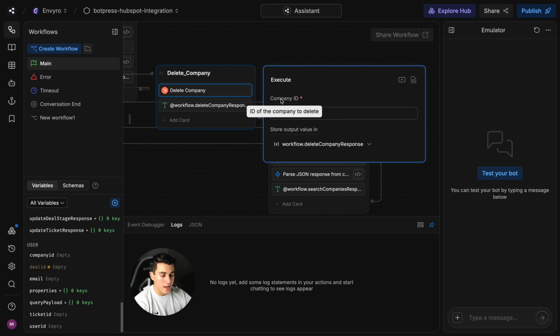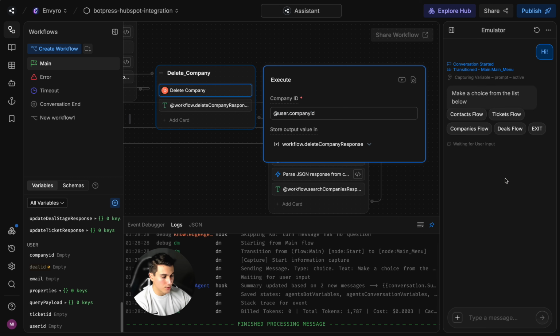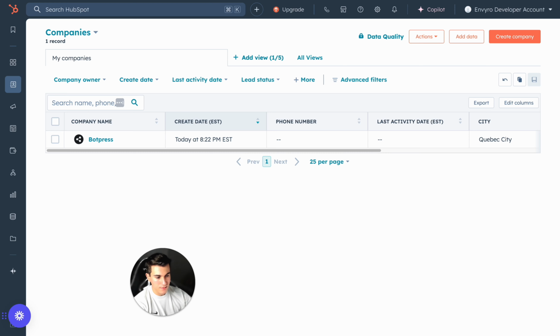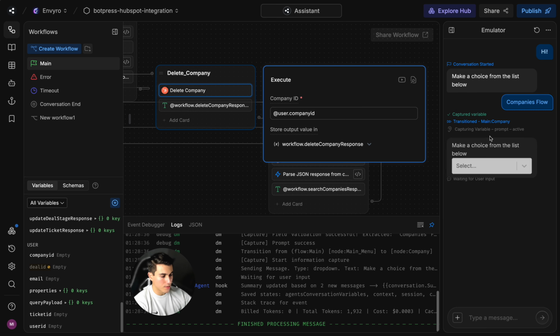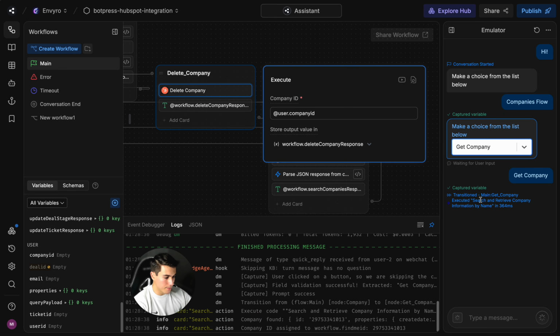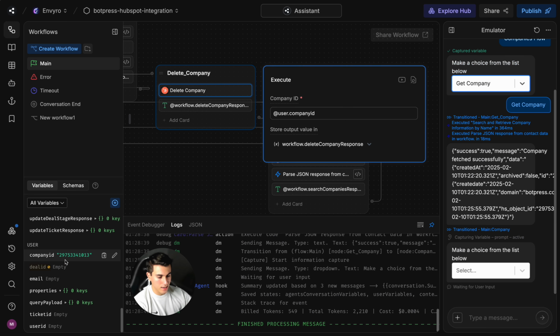So now what we're going to do is a delete company so that we can clear that from our HubSpot CRM. What I did is I adjusted the get company one to search for Botpress instead of Enviro so that we can get that company ID back and pass that into this contact card, or in this company card, sorry. So we'll run that on the right side here. Before I actually do that, I want to show you that the Botpress one is still in our HubSpot CRM. If we go to our companies flow, we'll do a get company and we'll receive that response and that company ID